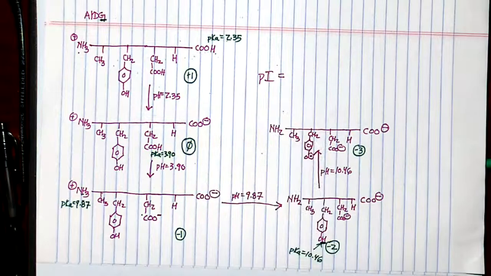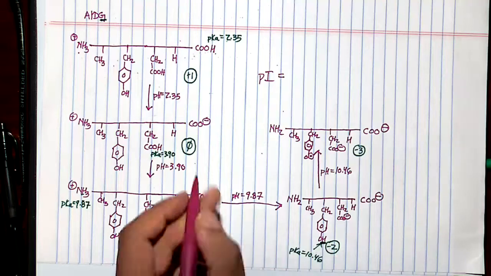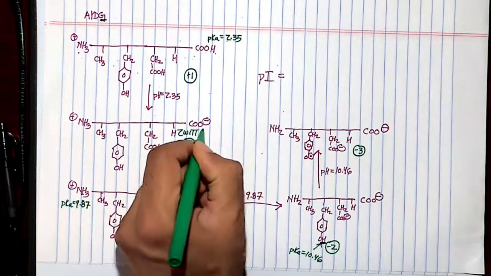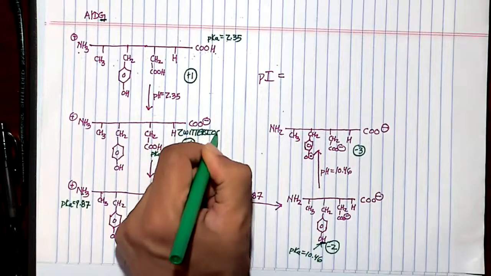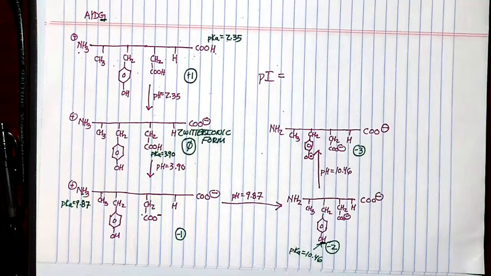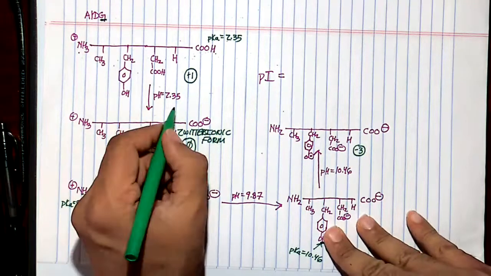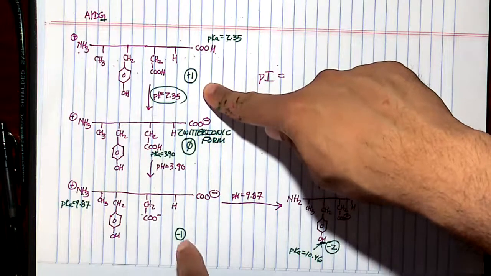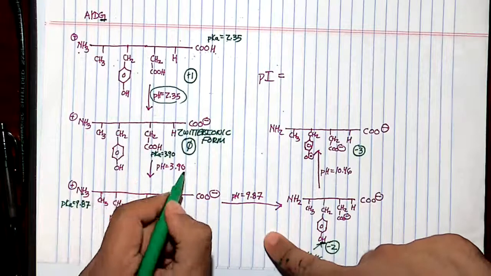The isoelectric point is defined as the pH where the zwitterion dominates. The zwitterion is located right here. The zwitterionic form is going to be flanked by this pH at 2.35 and then this pH at